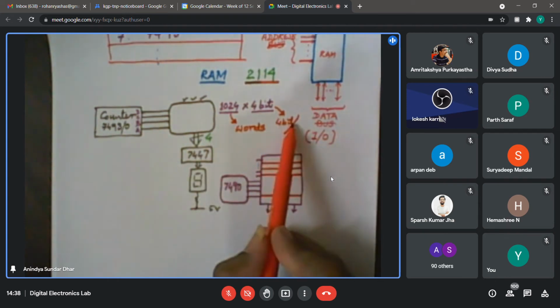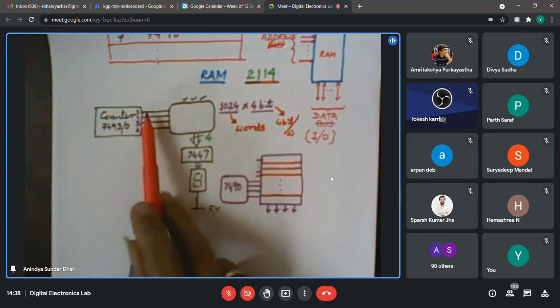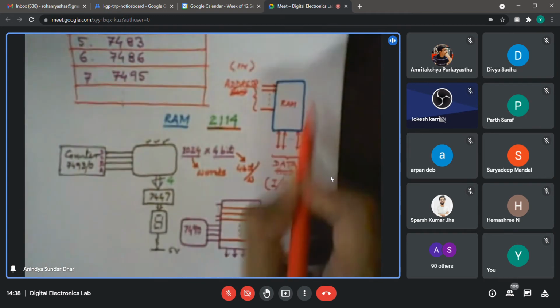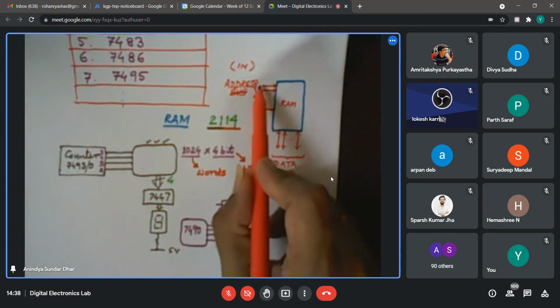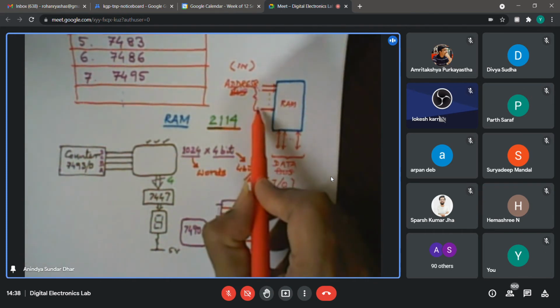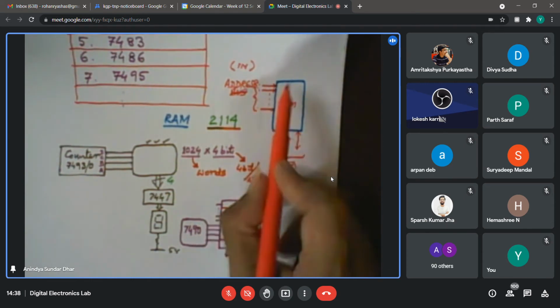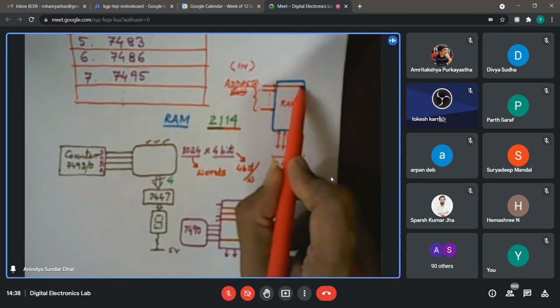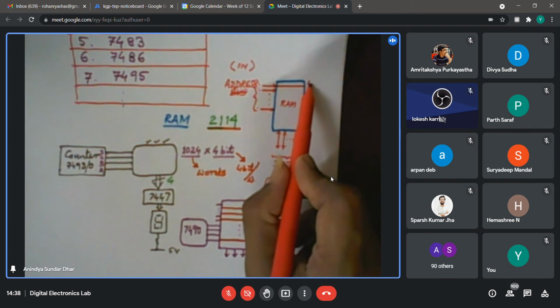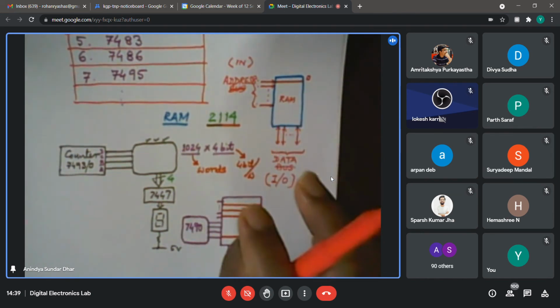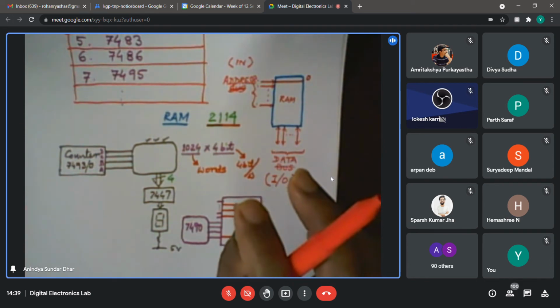So each word is 4-bit wide. If I just try to access, let me take this example. Suppose this is your 2114. I have made all the address lines 0, right? All the 10 address lines I made 0. So then what is the value? Value is 0. So it is pointing to the very first location of the memory, whose address I refer as 0th location. So up to this point, is it clear what I am trying to refer to by these address lines?